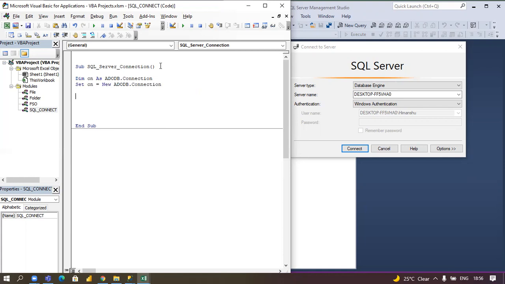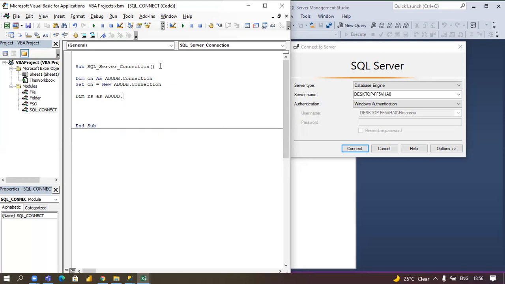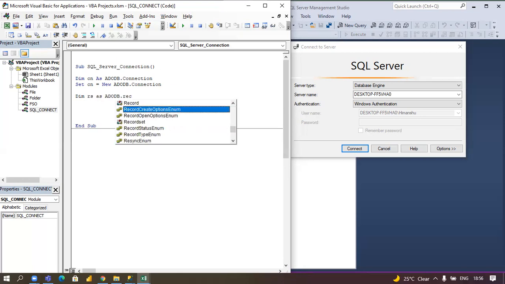Now we discuss the record set. First you need to set the record set: Dim rs, you can write anything, Dim rs As ADODB.Recordset.